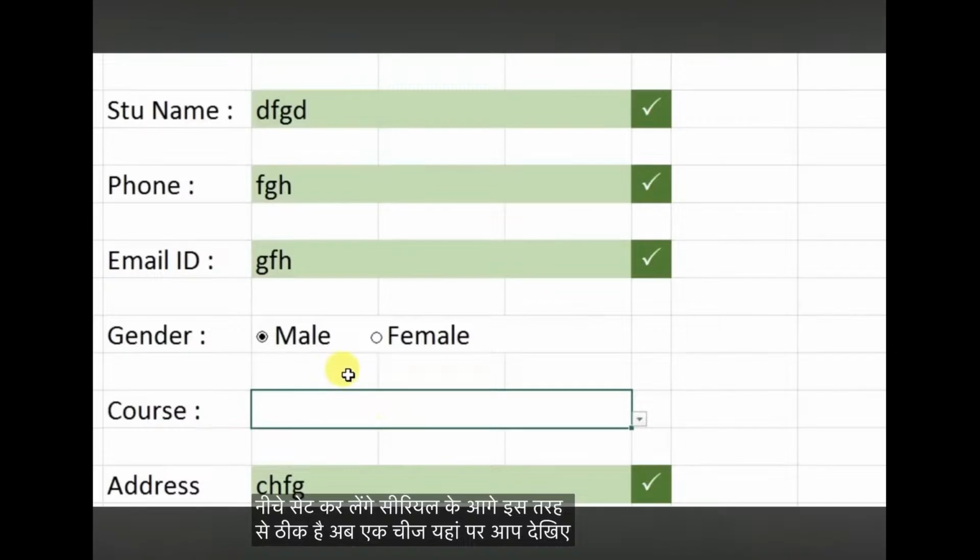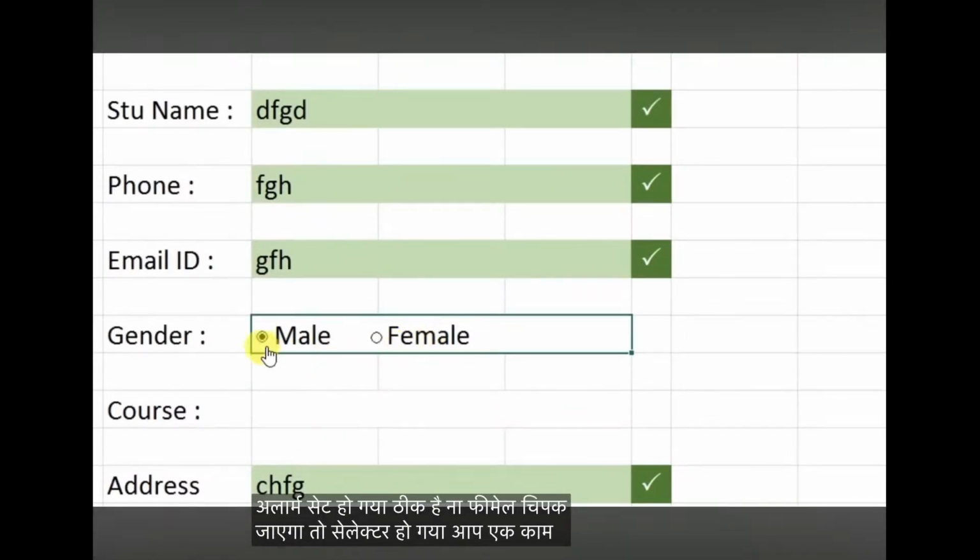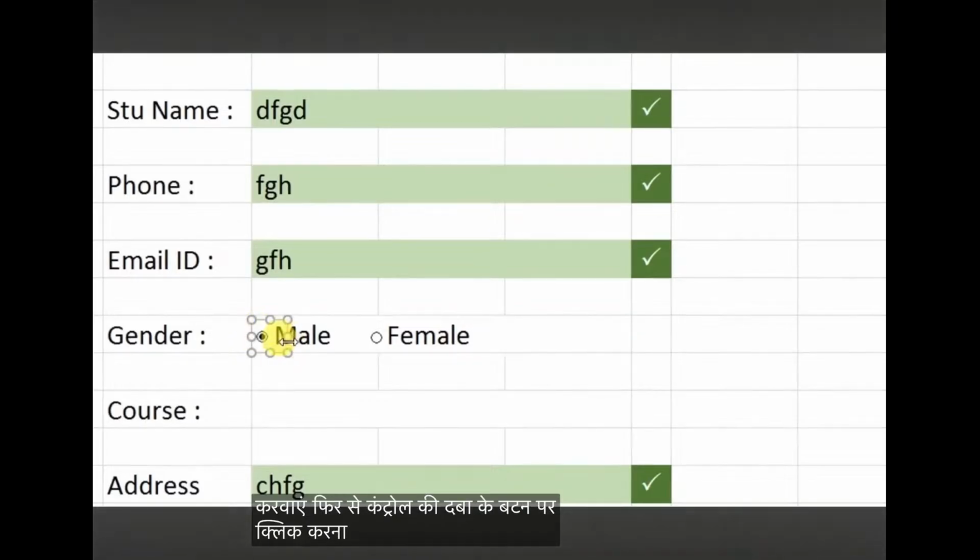अब एक चीज यहाँ पे आप देखिए, मैं यहाँ पे क्लिक कर रहा हूँ, मेल के ऊपर कर्सर ला रहा हूँ तो सेल सिलेक्ट हो गया। ठीक है ना, फीमेल के ऊपर कर्सर ला रहा हूँ तो सेल सिलेक्ट हो गया। आपको एक काम करना है, फिर से कंट्रोल की दबा के बटन के ऊपर क्लिक करना है और बटन की जो विड्थ है इसको थोड़ा आगे तक खींच लेना है, मेल तक, इस तरह से मेल के ऊपर तक।